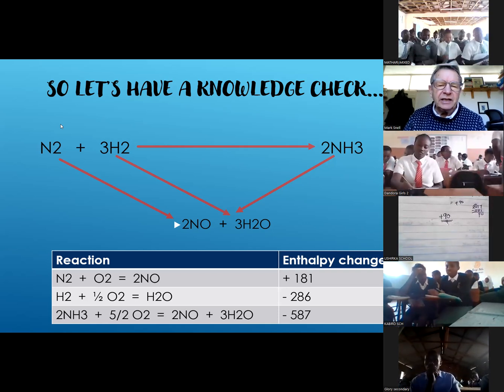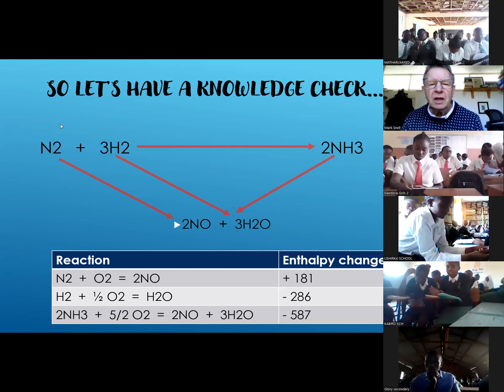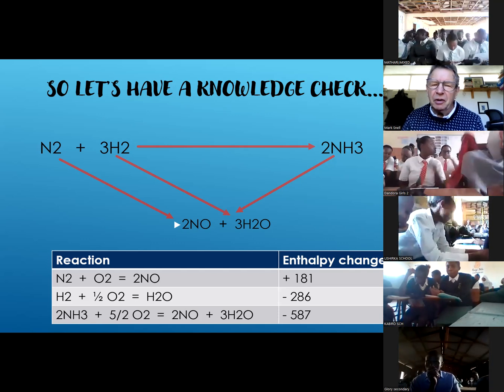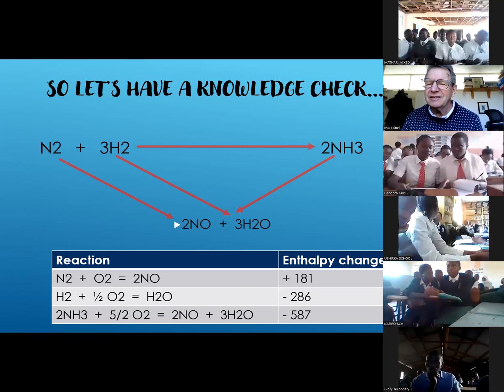They say plus 90. They say positive 90. Ushirika are very good, but